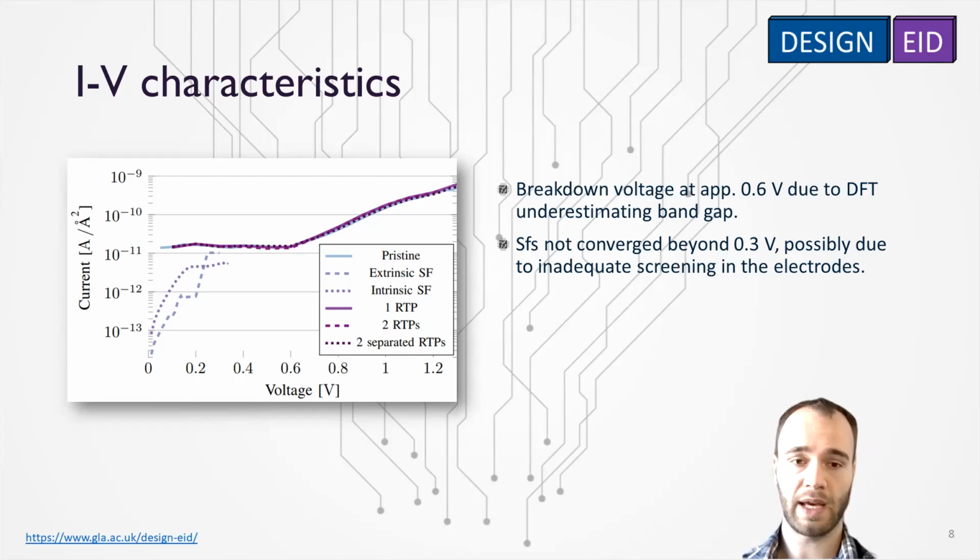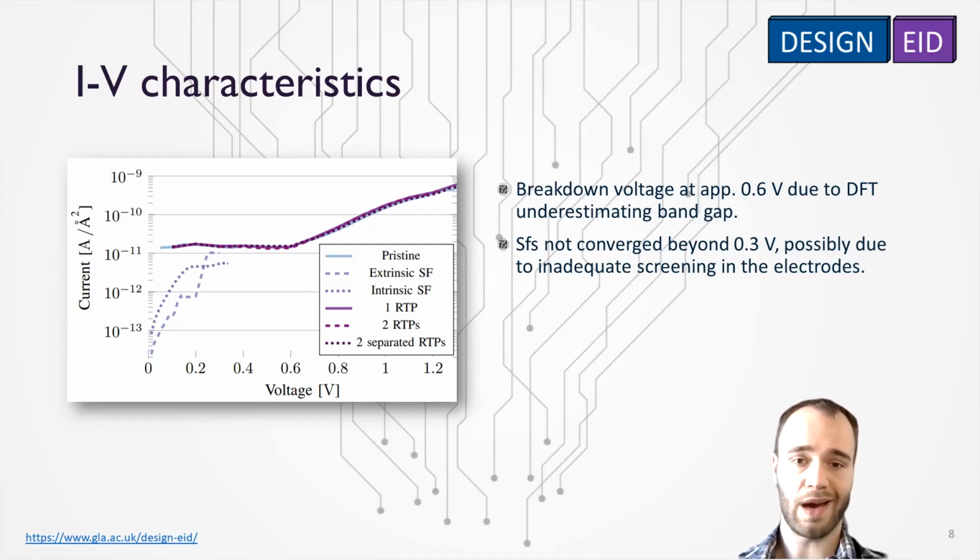This corresponds to the band gap of 0.6 eV, which is of course far from the experimental value of about 1. But this is normal for DFT simulations, which always strongly underestimate the band gap. The electrical properties above and below the breakdown voltage are still expected to hold. It's just the value itself that shouldn't be taken seriously.